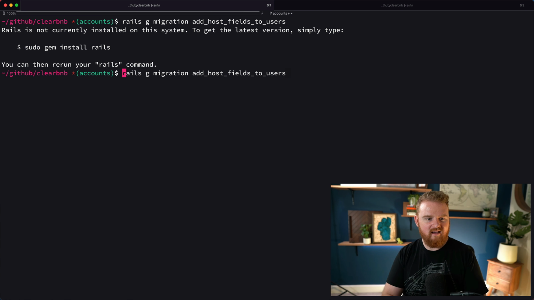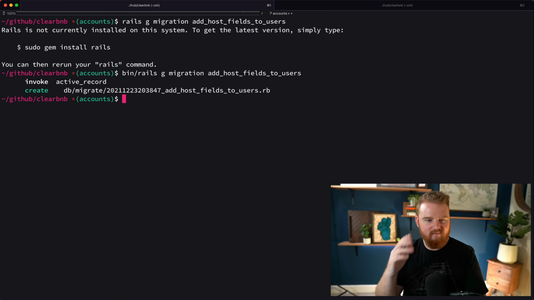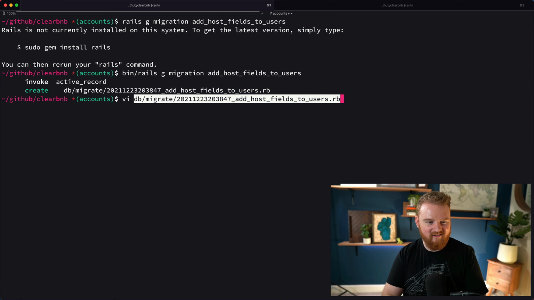And I'm on a brand new computer, so there's a couple things that are a little bit different that I need